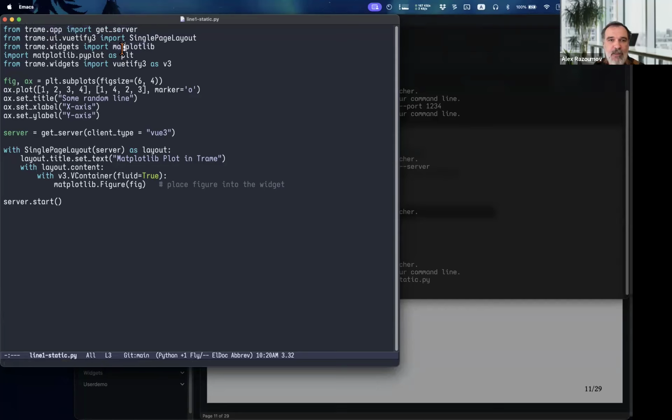So here, this Matplotlib that I am clicking on, it's not the original Matplotlib library. It's a widget, right? And I place it into this namespace. I will call it Matplotlib. And then also we're importing pyplot from Matplotlib as PLT. So this is the usual standard Matplotlib library. And then also I import Vuetify 3 as v3, and I can use it to have more control on the appearance of my widgets. And then what follows is a basic Matplotlib